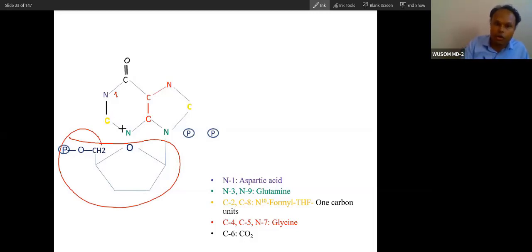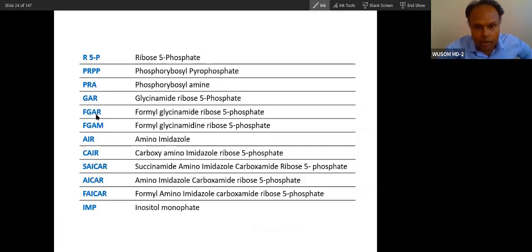If you remember this whole animation, it will become very easy. You just have to have a concept of this animation. First the imidazole, then the pyrimidine ring is synthesized, and the whole purine ring will form. This is the imidazole form, first this and then this. Not as you number it, the synthesis happens in the same way. So this is the whole thing I told you about, actually the full form of what I told. You don't need to understand the full form also. If you understand some short form, that is well enough.